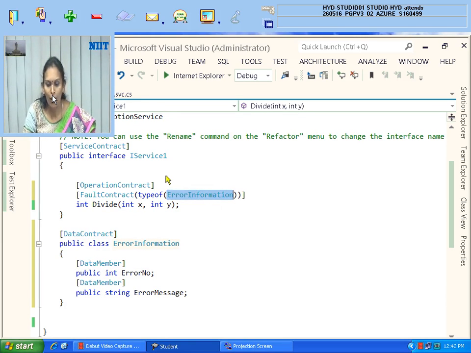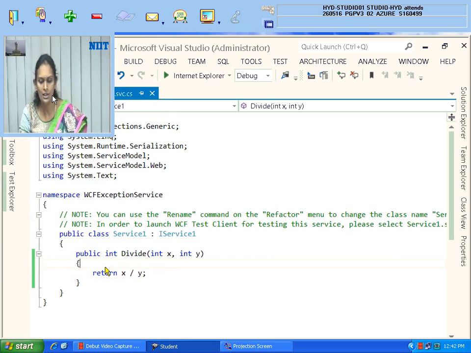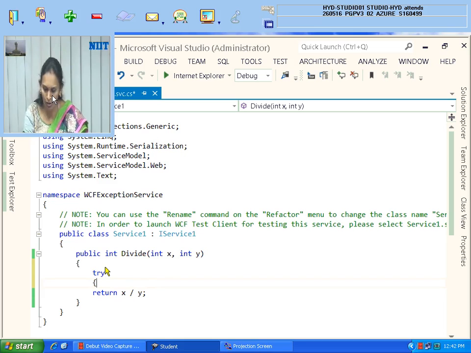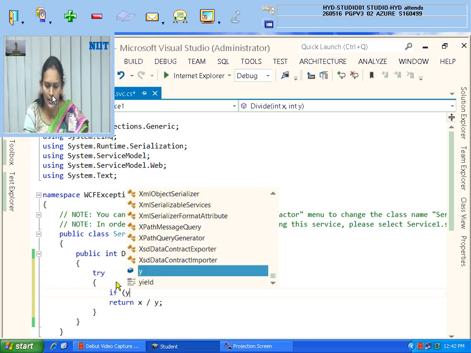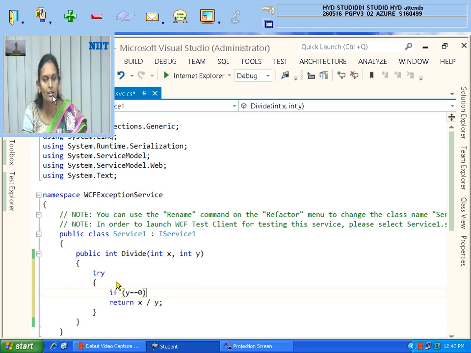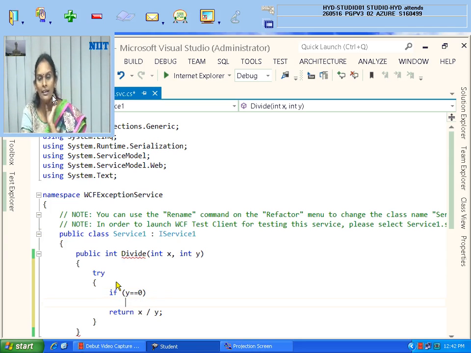So how you have to change your code is put this entire one in try and catch blocks. Inside this try block, first you check if y is equal to 0. That means the divisor you gave is an error, so I don't want to handle it, I just want to throw the error. Otherwise you don't require try catch blocks at all.